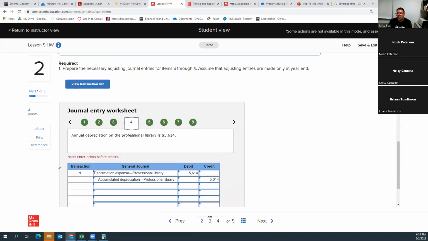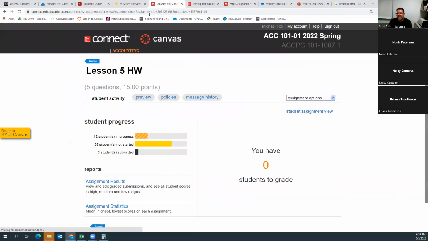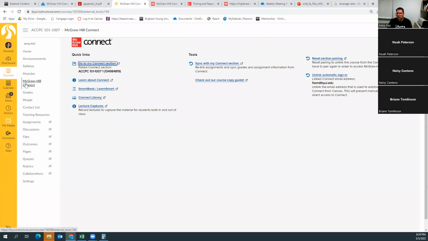Can you tell me how you're accessing it? I access it through the courses, and I click right on here, and then I'll click the Connect library, but sometimes it's not even loaded right there and I have to refresh it a couple times before I can actually get on it. And what browser are you using? Are you using Chrome? Yeah.